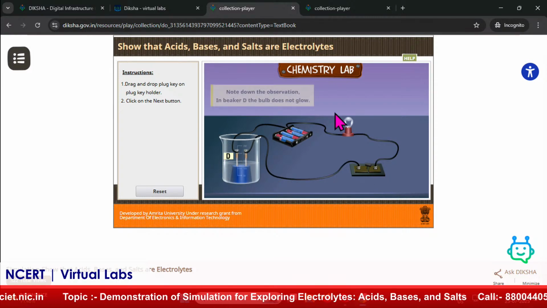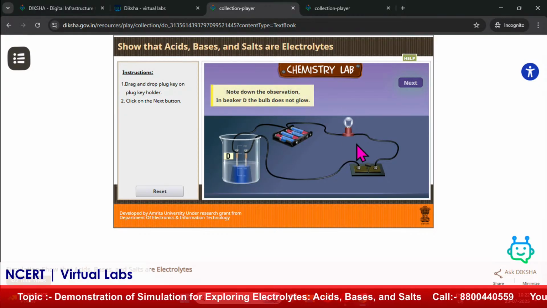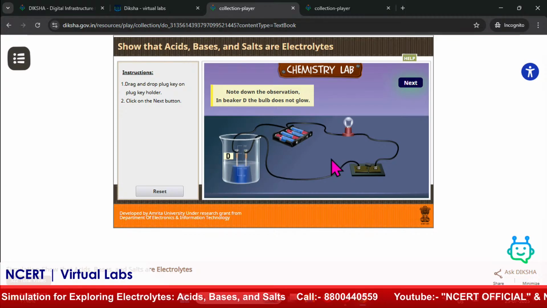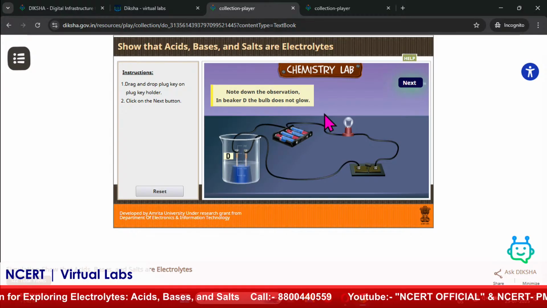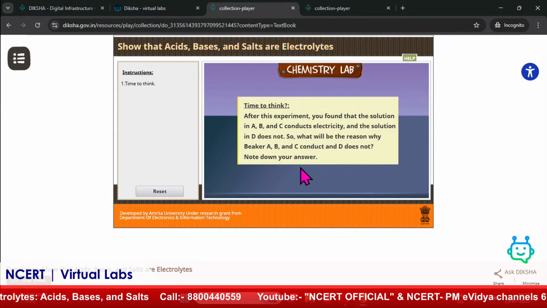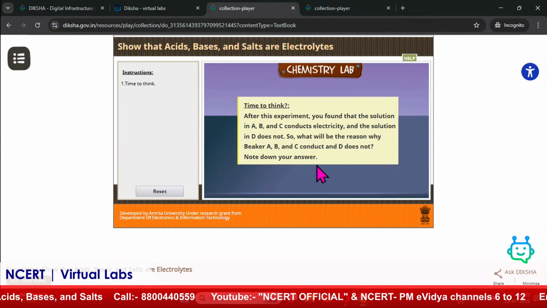So I'll put the key, and here we can see there is no bulb glowing, because there is no presence of ion. So no conduction of electricity will take place, and no bulb will glow here. Okay. So next, now again we can think over,